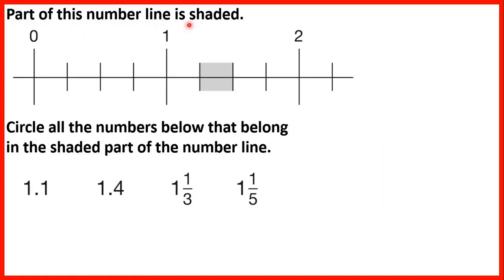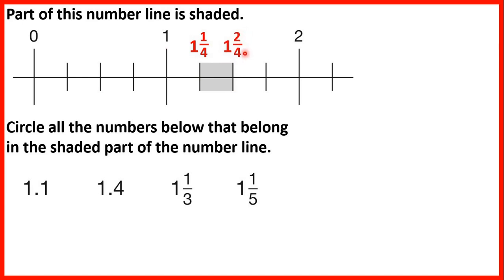Part of this number line is shaded. Circle all the numbers below that belong in the shaded part of the number line. So on our number line, we can see that to get from one whole number to the next, we have 1, 2, 3, 4 lines. So each line represents 1 quarter. So this point here is 1 and 1/4 because it's 1 line after 1, and this line here is 1